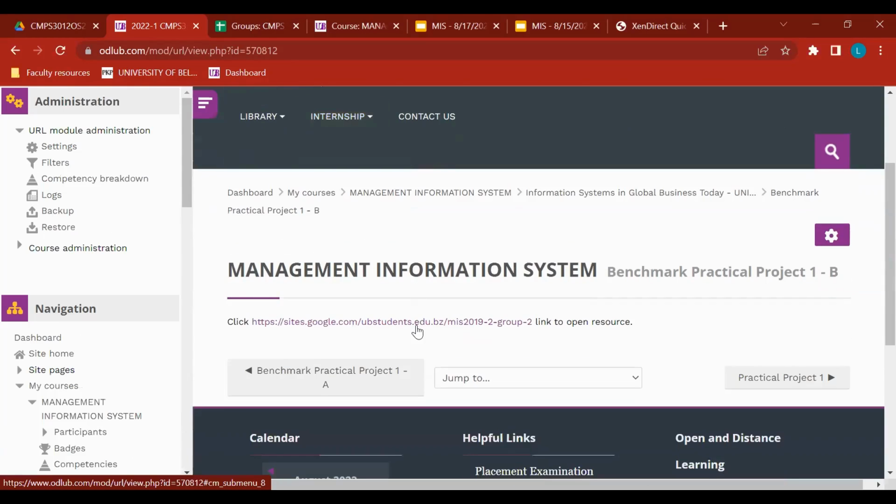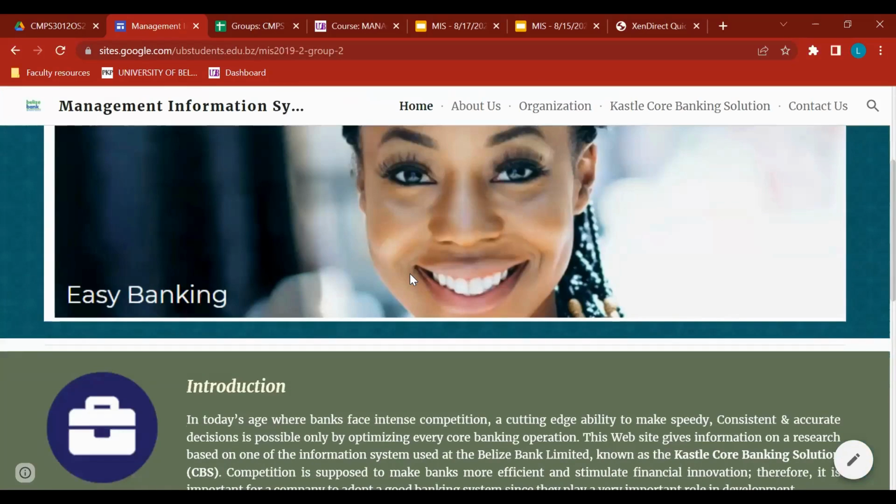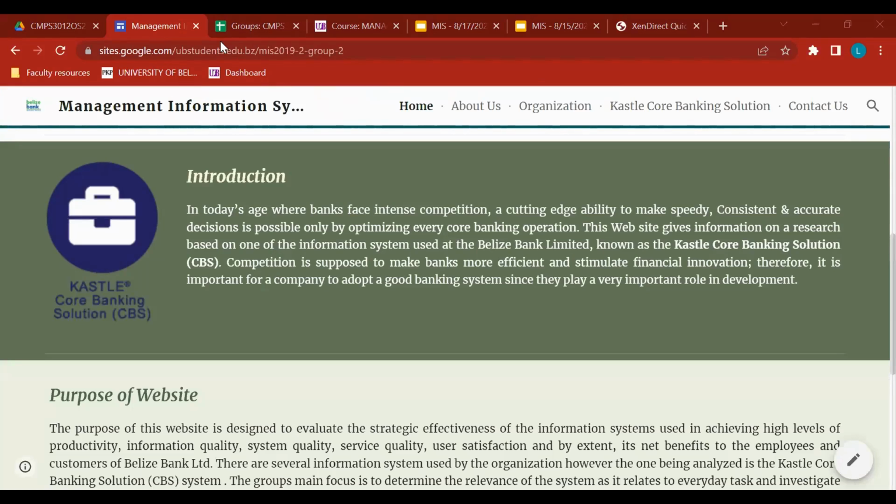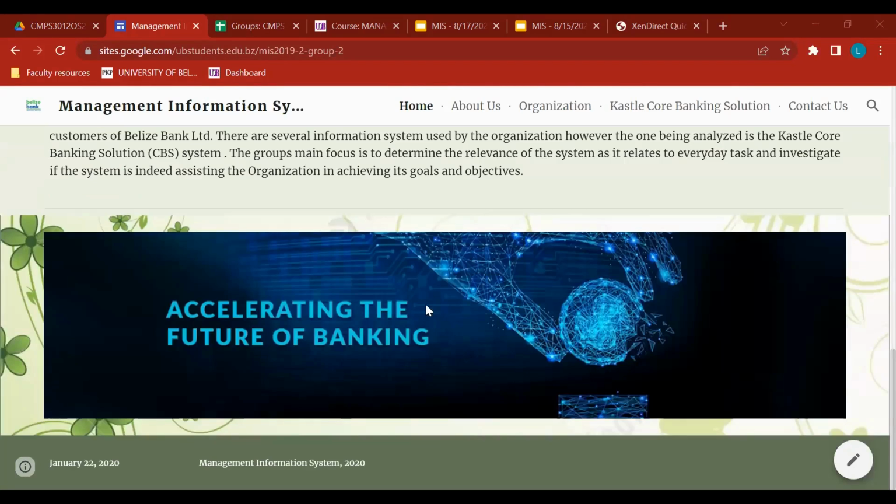Yes, Chelsea, I see your hand. Good night. I believe Miss Kara came out of our group, so we are short of a group member. Okay, we're going to address that before we go. Yes, go ahead. It's because when I went on the Excel sheet, I saw that you placed an asterisk right there that I'm supposed to join another group, which is why I went ahead and joined another group. Yes, when we were setting up the class, I didn't realize that that group had 6 persons, right?